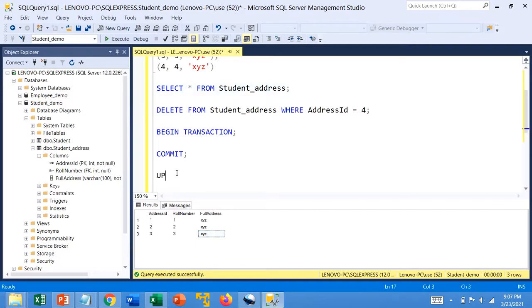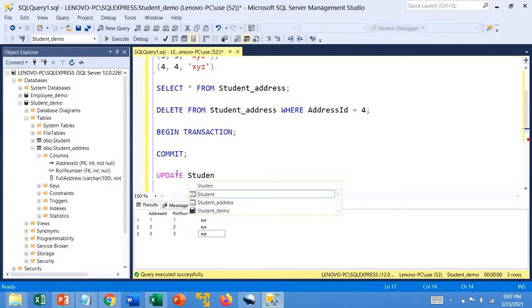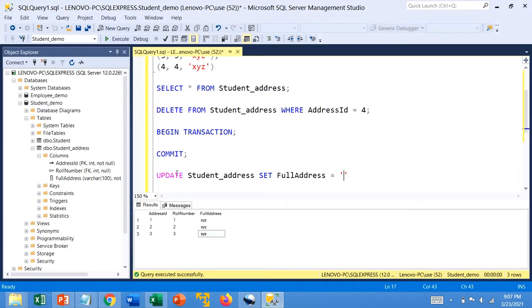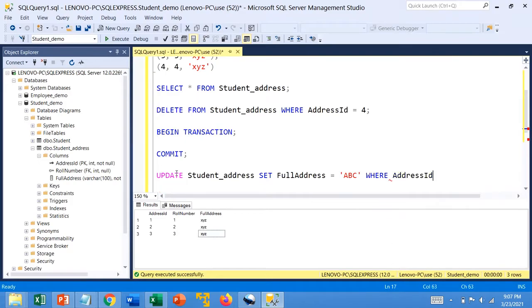For that, the command is update table name set full address is equal to ABC, where address ID is equal to 3.